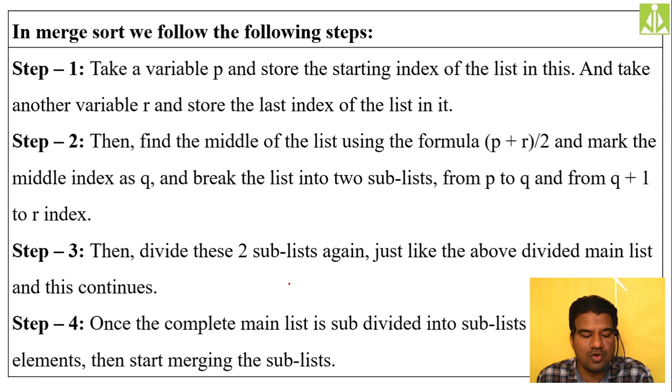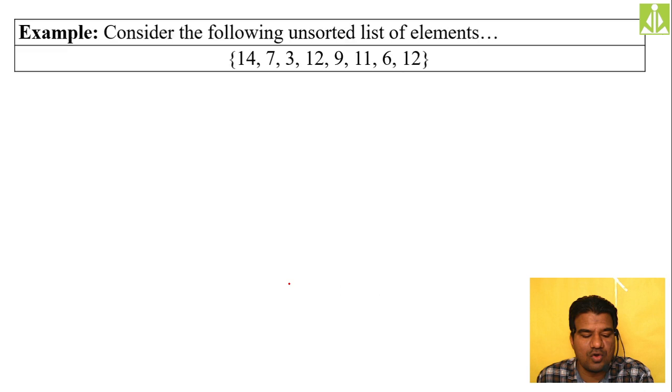Likewise, you continue as long as your problem is reaching its atomic level. Atomic level over here is every list must have only one element in it. That stage we call the atomic level. Once the complete problem is subdivided, where every sublist has only one element, we say the problem has reached its atomic level. So by default, it becomes the solution of it. Then after finding the solutions, we'll start to combine to frame the final solution.